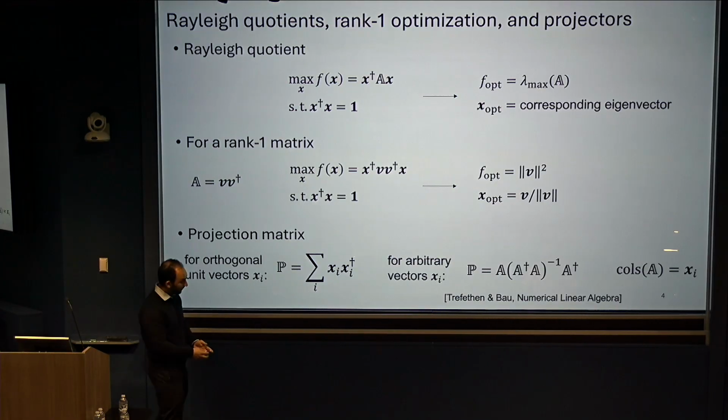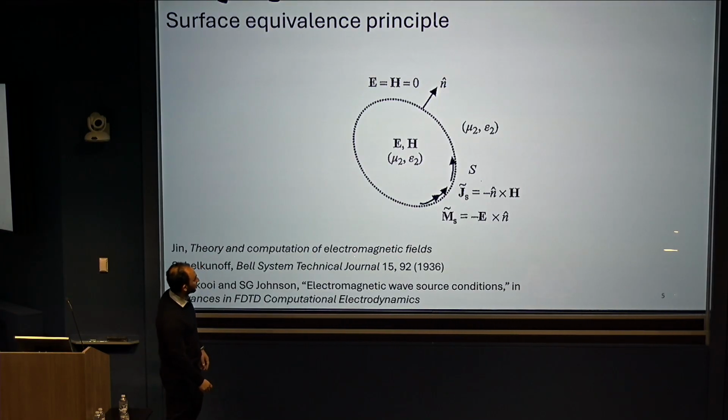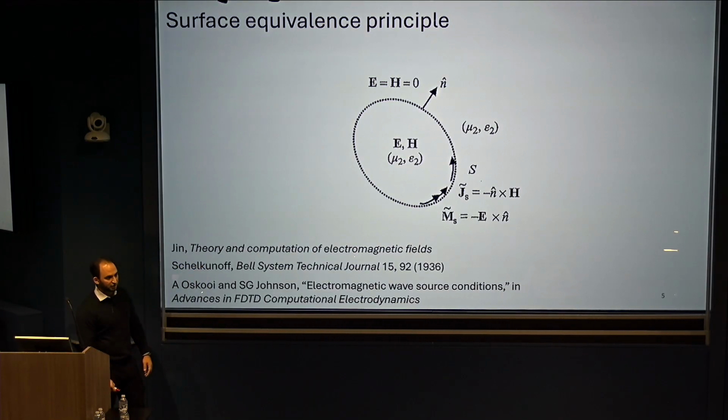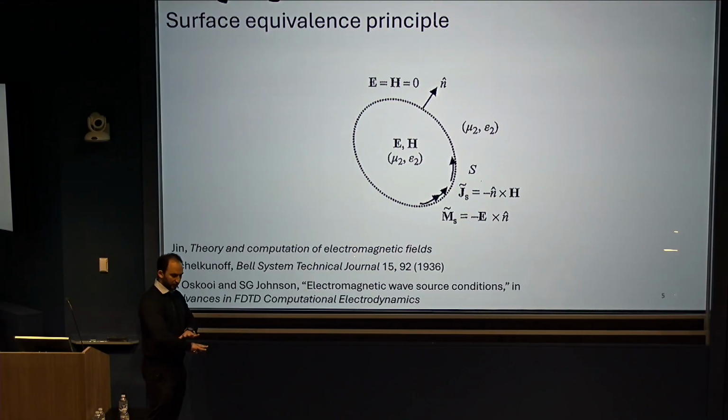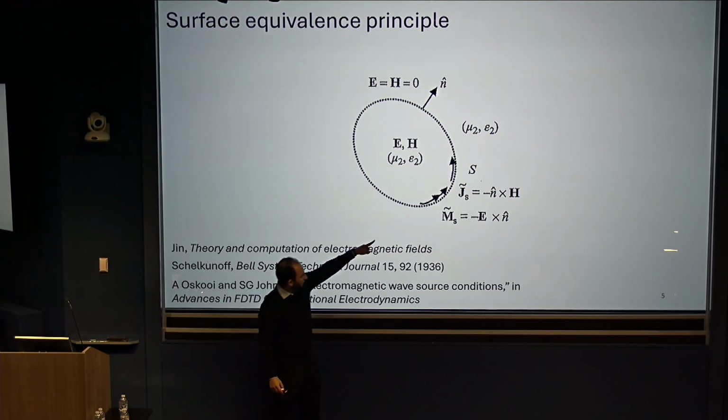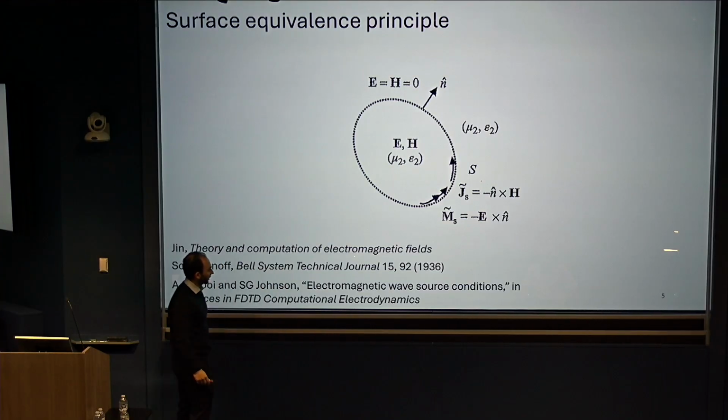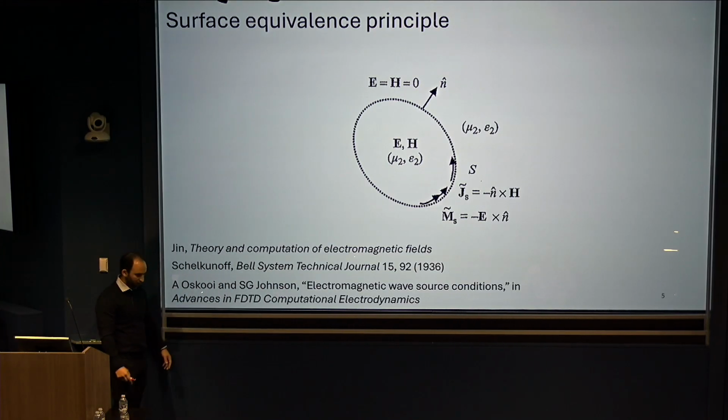Then one more physics idea is the classic equivalence principle. If I have electromagnetic fields everywhere in space, E and H, I can draw a bounding surface. On that surface, I can put electric and magnetic currents, and they create a discontinuity in the fields. And so if I adjust those currents correctly, I can null out the fields in the exterior of the surface, just by selecting the electric and magnetic currents appropriately. And this goes back probably 100 years.